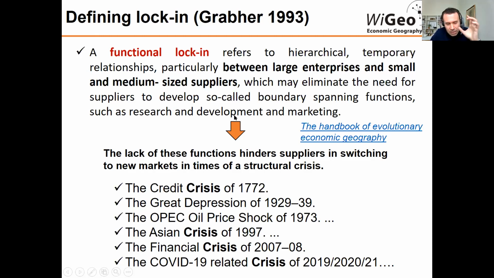That's what is important to retain here, and that's where I think the complexity of the concept remains. They could perfectly continue this lock-in, although you could question the power relations that exist. These small suppliers will continue absorbing labor force. The large enterprise will continue to progress, make profit and eventually distribute the growth across the region. So there is a win-win situation. They are locked in, but they are progressing. However,